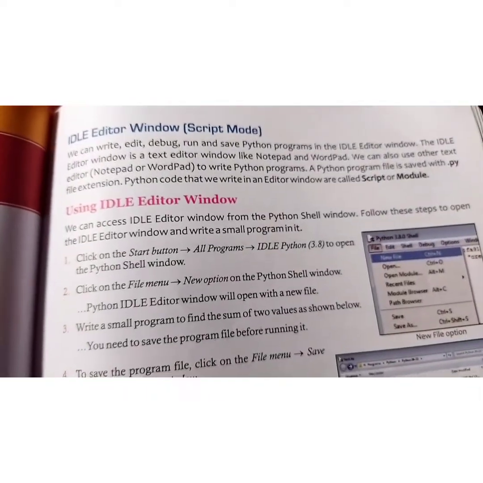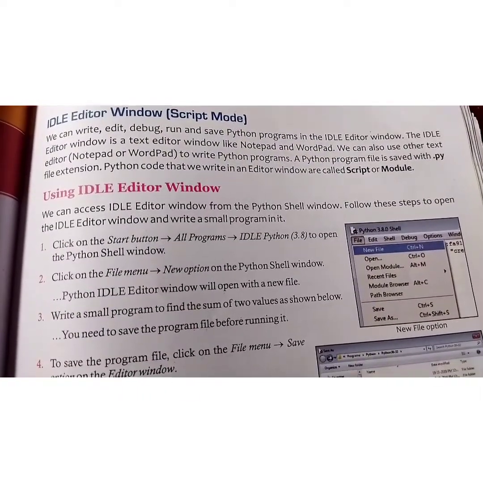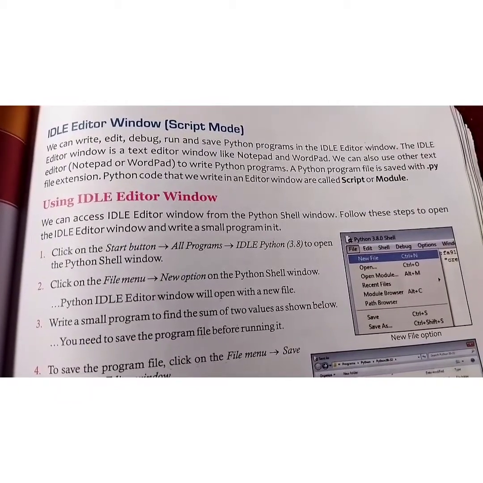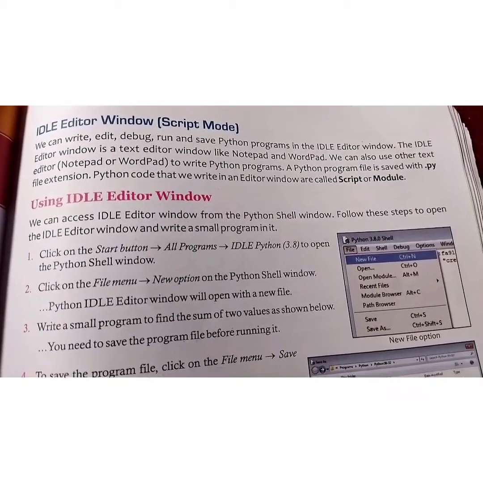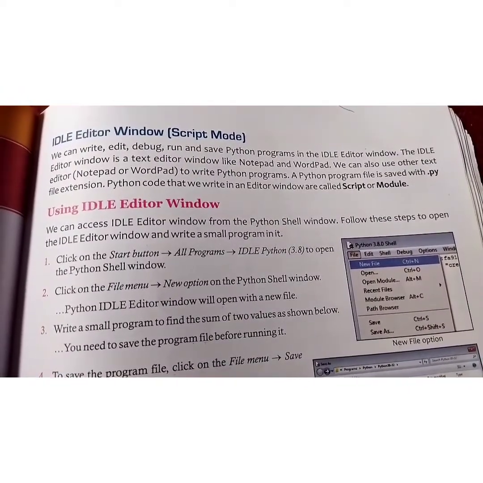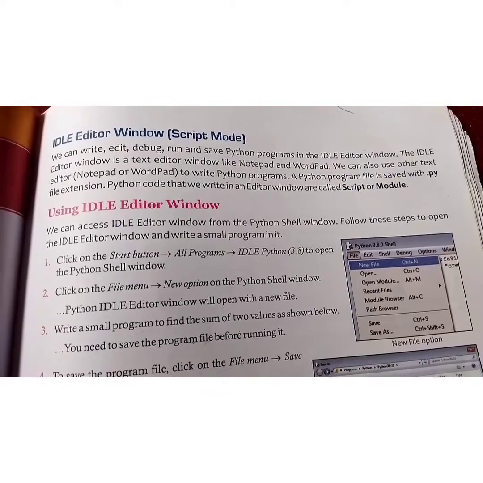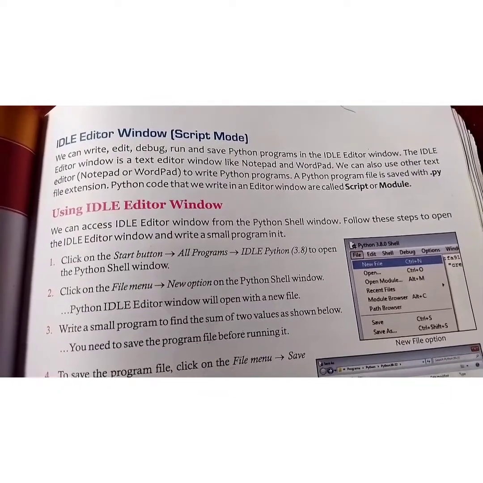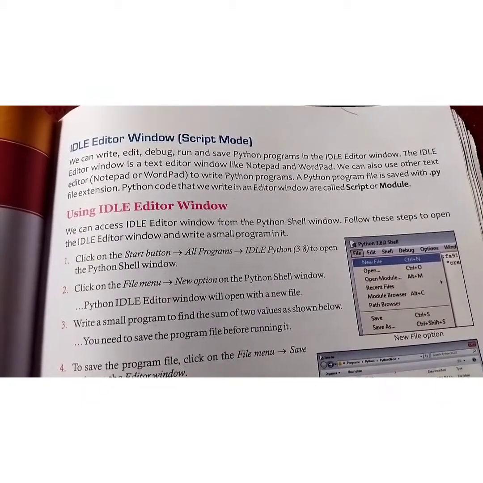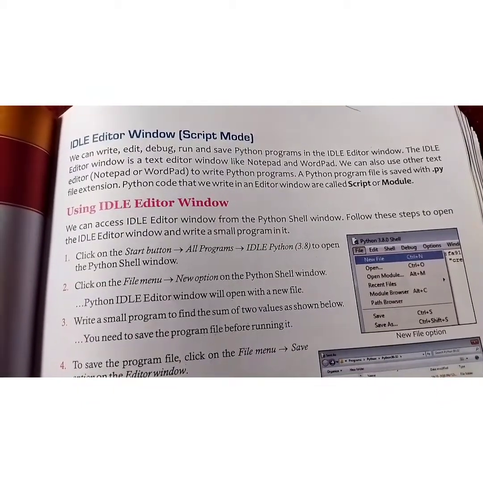Then, the IDLE editor window, script mode: we can write, edit, debug, run and save Python programs in the IDLE editor window. The IDLE editor window is a text editor window like Notepad and WordPad. We can also use other text editors, Notepad or WordPad, to write Python programs.